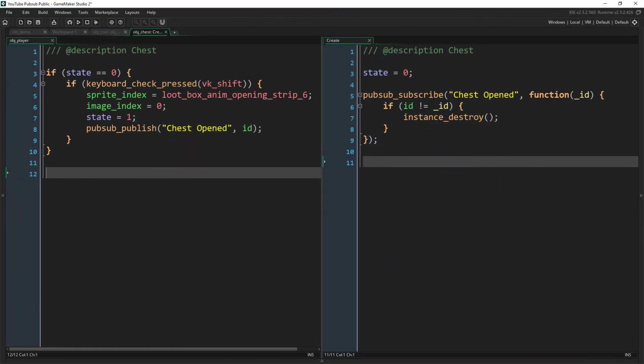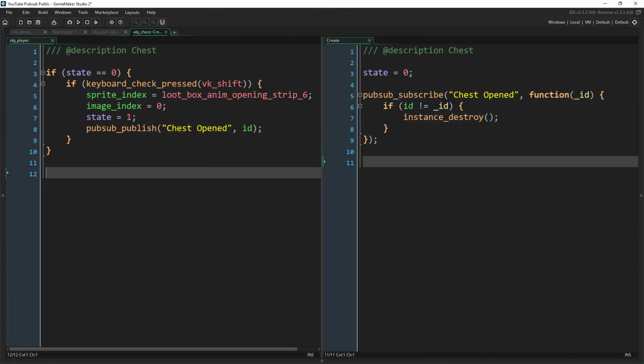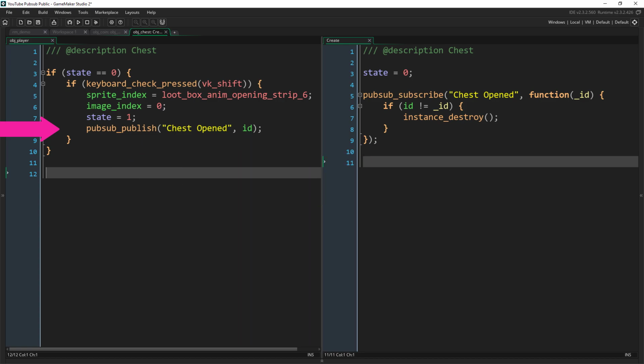The next example we'll look at is the open chest event. You'll notice that when we open a chest, the other two chests blow up. This is because when you open the chest, that chest fires off an event. This time, we're not only publishing the event, which you can see here with pub/sub publish chest opened, but we're passing along some data, the ID of the instance that fired the event. And not only does a chest fire an event, but every chest actually subscribes to that event as well, which you can see over here.